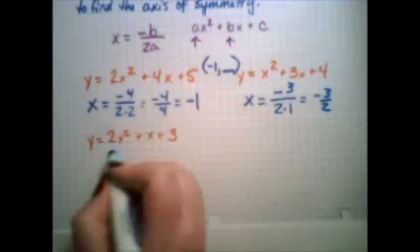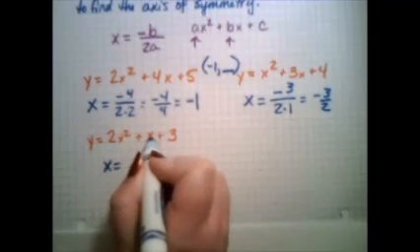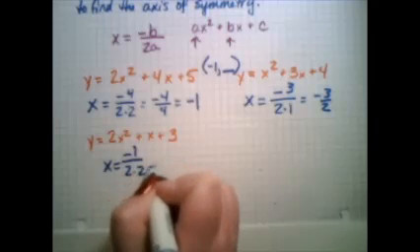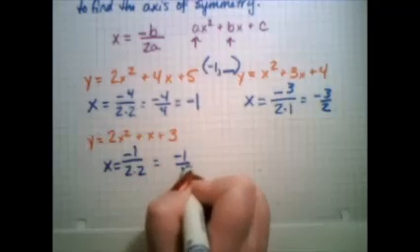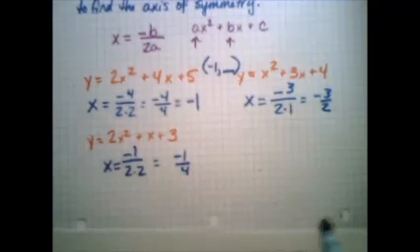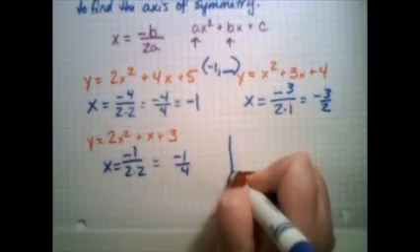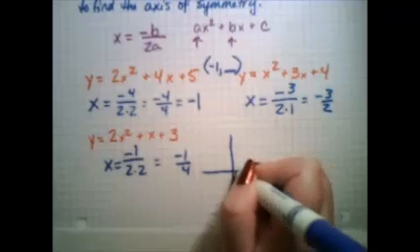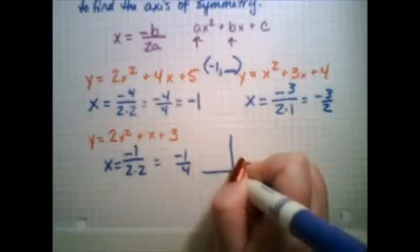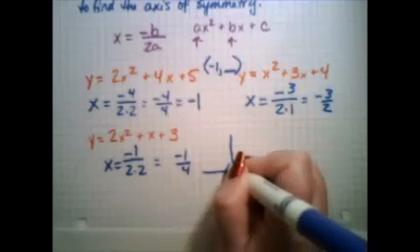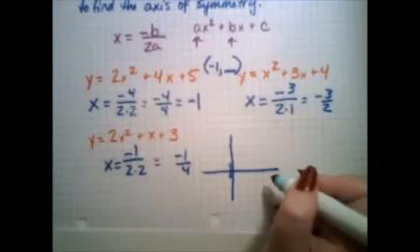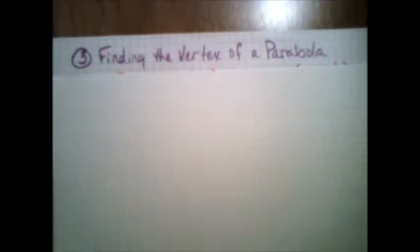One more. X equals -b, which is 1, -1 over 2a, -1 over 4. Okay? And when you graph that, -1/4 is like right there. It's 1/4 of the way to the 1. Okay? Now we're going to take that same formula and we're going to use it to find the vertex of